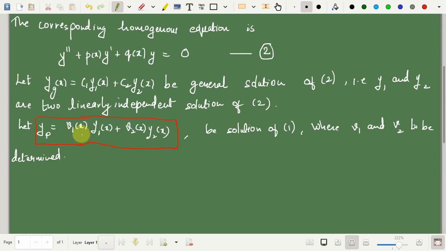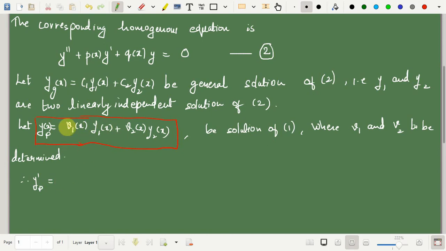Okay, now since it's a solution, it satisfies the given equation 1, so we need to determine its first derivative and the second derivative. The second equation we actually obtain from the first derivative of yp, so for that we need to compute the first derivative. Therefore, yp prime. I would simply call it yp, this is yp of x by the way, I would simply call it yp prime, and I would avoid writing this x inside the bracket.